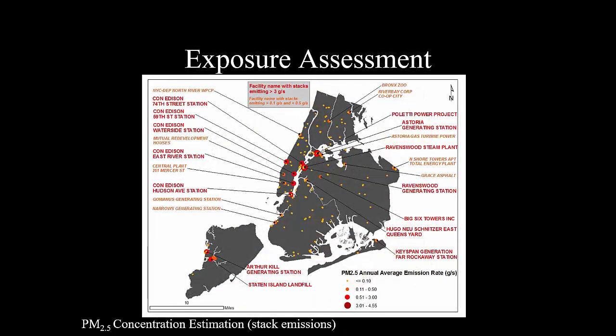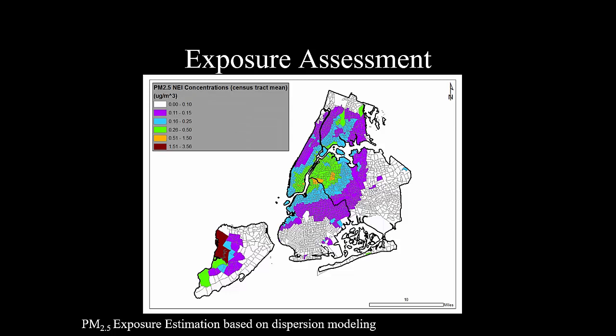You can also use something called dispersion modeling. This map again shows the sources of major PM2.5 emissions with larger sized dots representing more emissions. Air dispersion model uses a tremendous amount of data, including wind speed, humidity, and temperature in both the upper and lower atmospheres, temperature and velocity of the gas being emitted, diameter and height of the stack itself, and even topography on the ground and impact of surrounding buildings. All of these data and more basically model where the PM2.5 would go, given all those conditions. And this is the output of that particular air dispersion modeling effort.